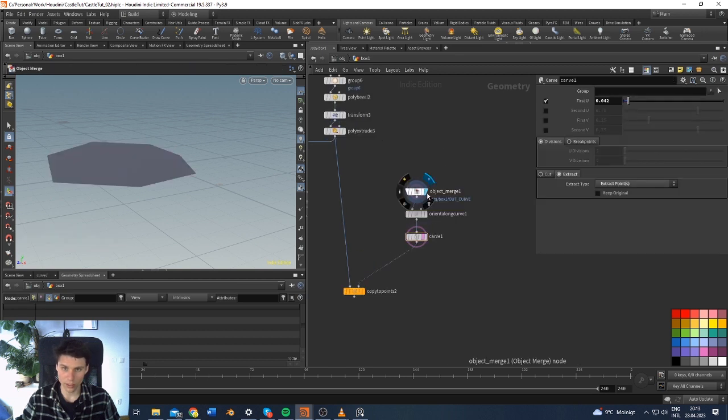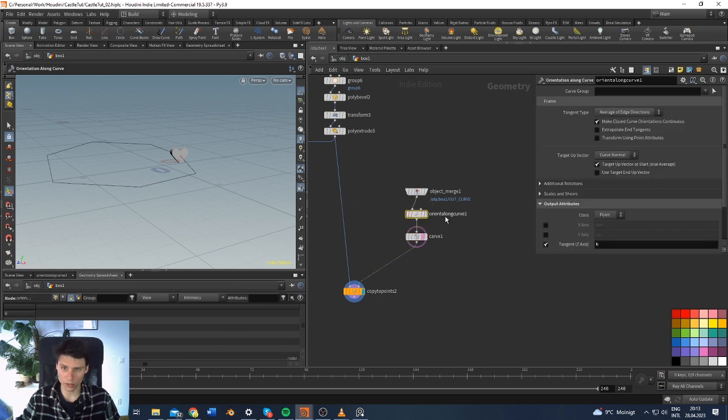So, okay, what we did is we have our path. We use this carve node to carve along the curve. We can use the extract, so this we can expose later for where we want our gate to be. And in order to orient the heart correctly, we can just throw in this orient along curve node, which